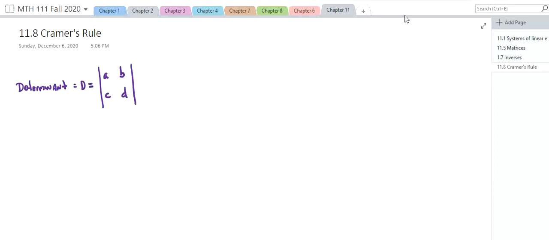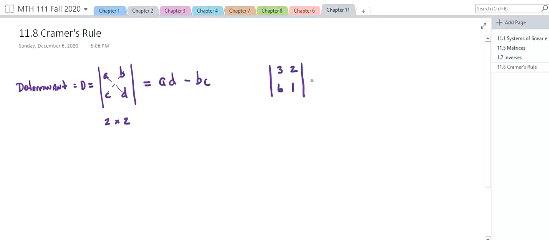And usually we represent this with 2 parallel lines, kind of like the absolute value, along the outside of the matrix. So the determinant for a 2 by 2 matrix is really pretty simple. It is just a times d, so you do this diagonal, minus the opposite diagonal, b times c. So, for example, if I had 3, 2, 6, 1 as my 2 by 2